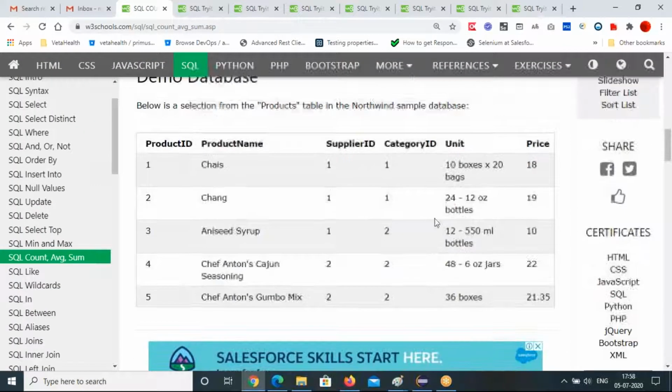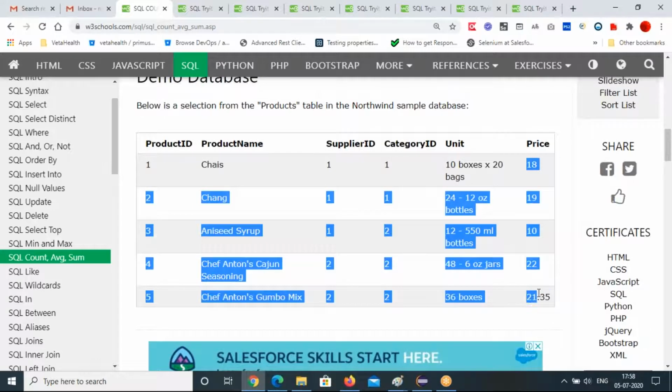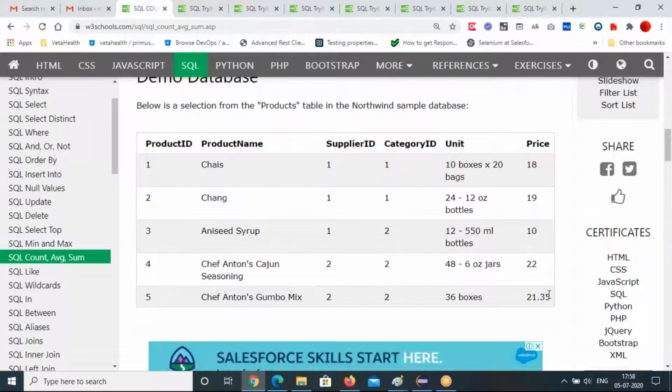Total by 5, do the average, you will get, right? 21, 22, 43, 53, 63, 72, 72, 80, 90, 90, 91.35 by 5.